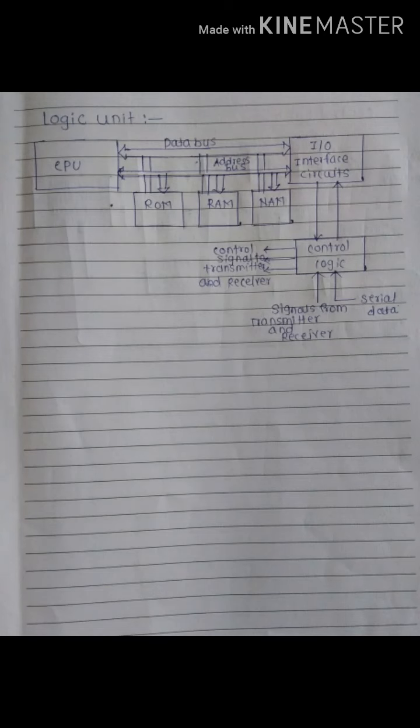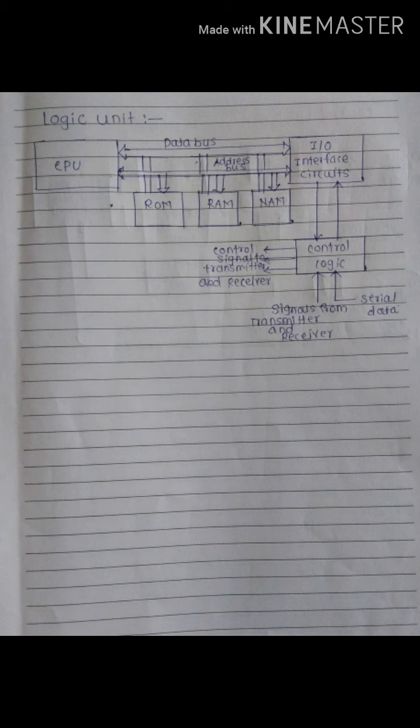Hello. The next point is the logic unit, and it is one of the parts of the mobile unit. The logic unit contains the master control circuit for a cellular radio. It is made up of a microprocessor with RAM and ROM and additional circuits used for interpreting signals from the mobile switching center and base station, and it generates control signals for the transmitter and receiver.